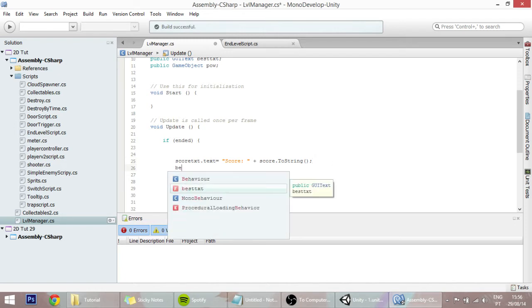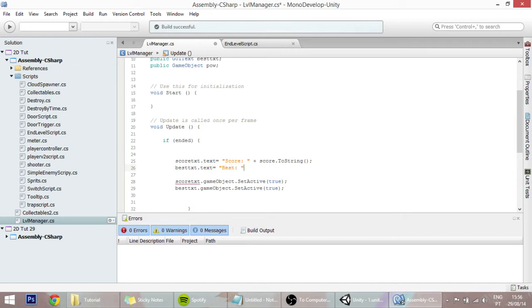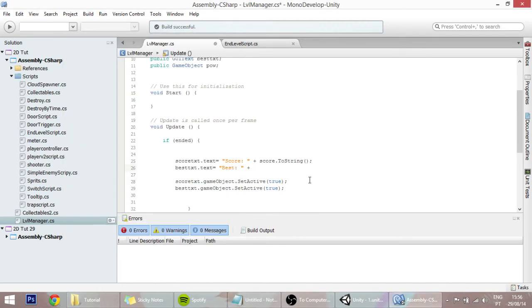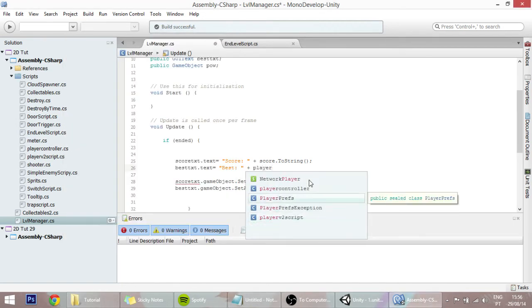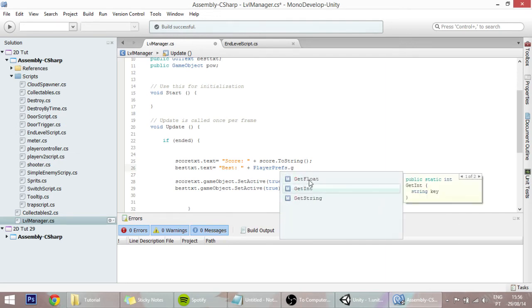Now we want, of course, to also display the best text, and that text would be equal to "Best: " plus, and what we're going to type here is a PlayerPrefs variable, which is like a variable that is stored forever and doesn't get deleted whenever the game ends. It's basically stored in a notepad or something really similar to that, and that variable will be equal to PlayerPrefs, and we're going to get the integer,